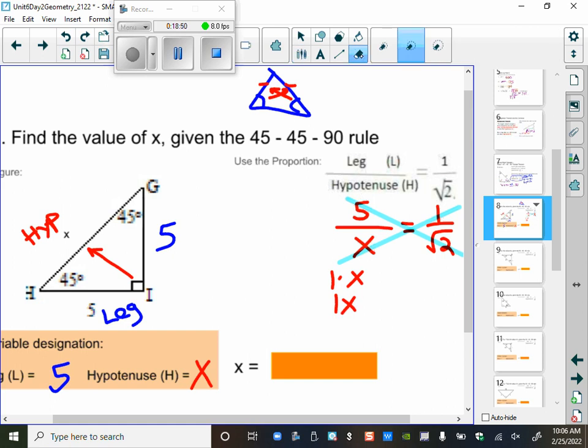No. X. It's just x. 1x, x. Okay. Because we multiplied it 5 times the square root of 2, which, all right, that's fine. Now, what you can do,